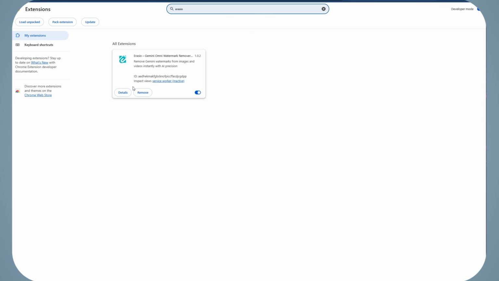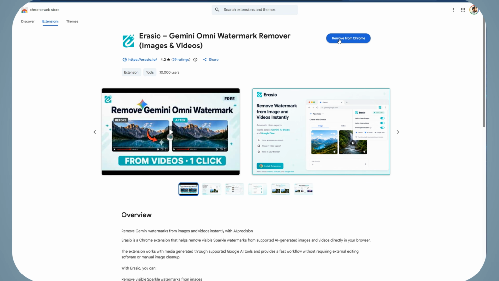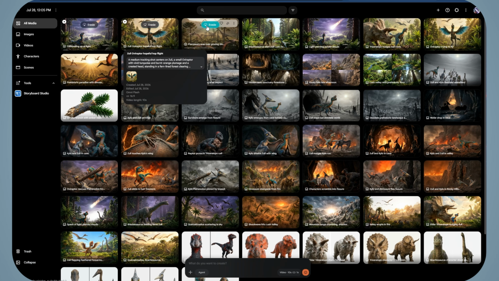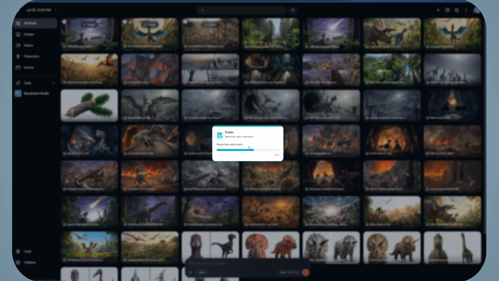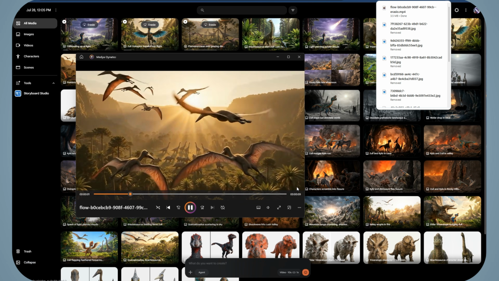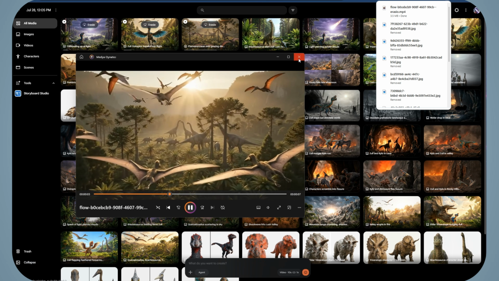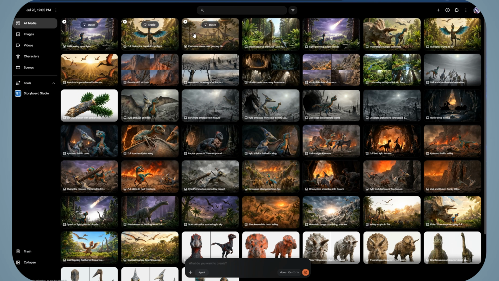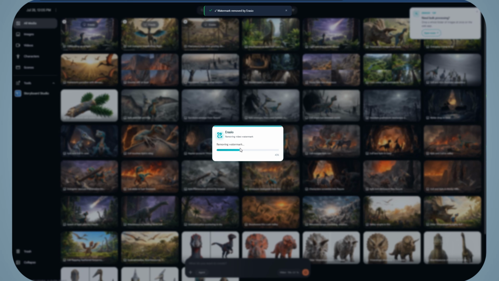Method 1. We'll use a Chrome extension. Search for the Erasio extension in the Chrome Web Store and install it. Go back to Flow, refresh the page, and you'll now see a button above the videos. When you download from there, the watermark will be removed. This is a quick and easy extension. If this extension ever stops working, you can search for Gemini Watermark Remover in the Chrome Web Store and install